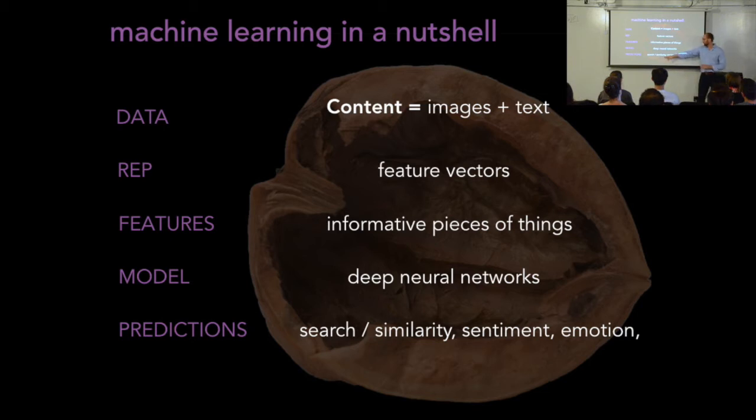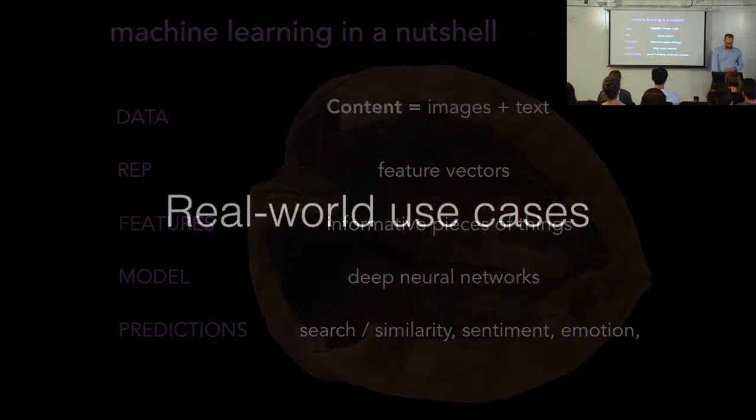You can decide what your output's going to be. So if you want to do some kind of search problem, like I want to find users, or words, or whatever, we can actually think about it as a similarity problem. So instead of saying I want to find dogs, you could say I want to rank this list according to how dog-like everything is. You sort the list on dog-like output, and now we have a search function. Sentiment would be how positive or negative is this thing. It's a pretty straightforward use case. We can talk more about that if you want. And then we can do things like emotion or many other things too.